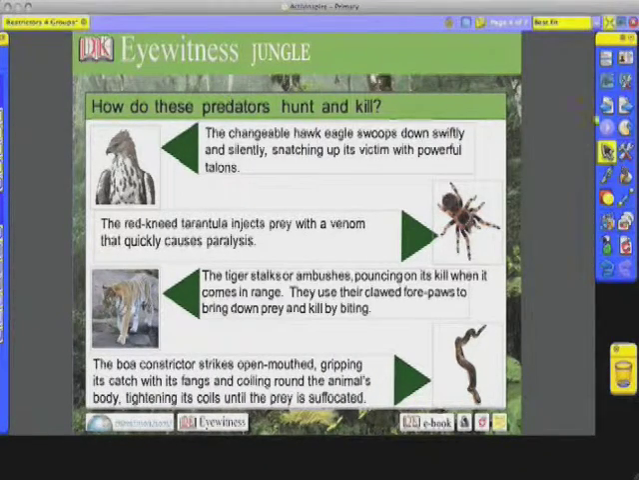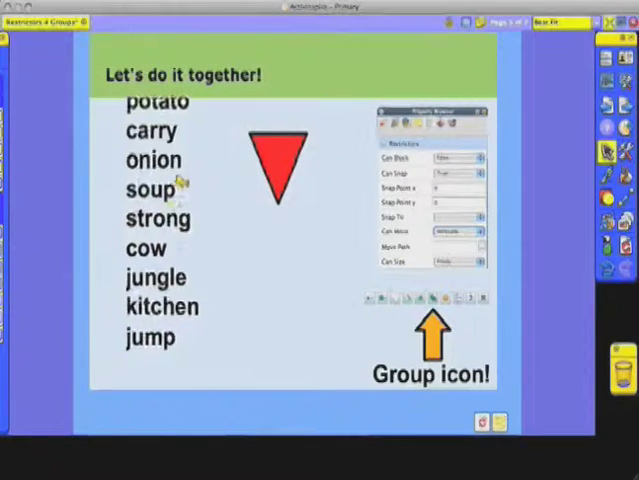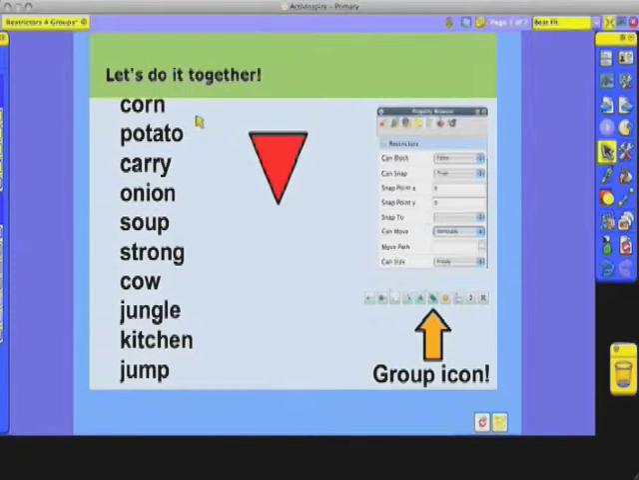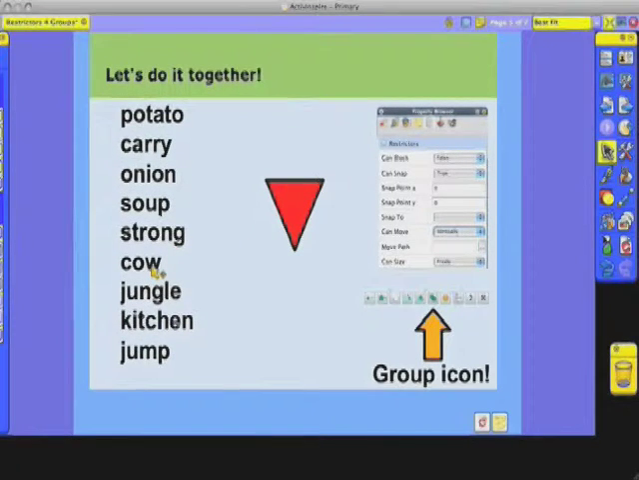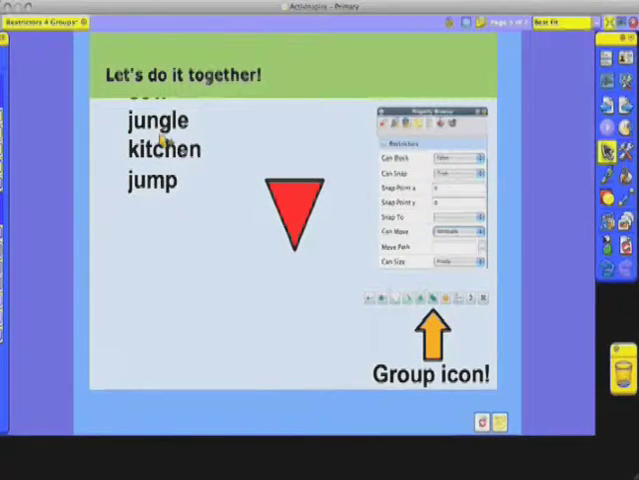So now let's create one on our own. So what I have here is some text that I typed up in a text box: corn, potato, carrot, onion. And I have an arrow right here that I created in the shapes. So what I'm going to do is put these in the order, in the area that I want them to be together, so how I want to arrange them. So I'm going to move the text up here, put the arrow right here,